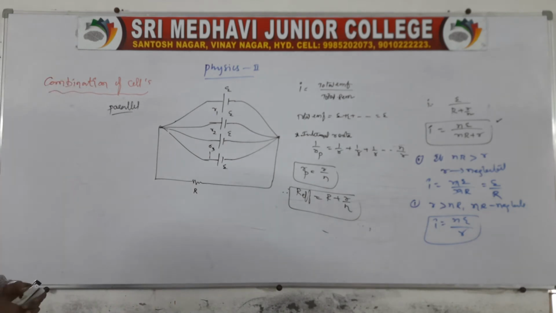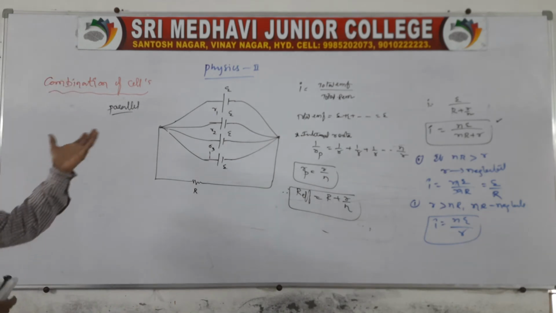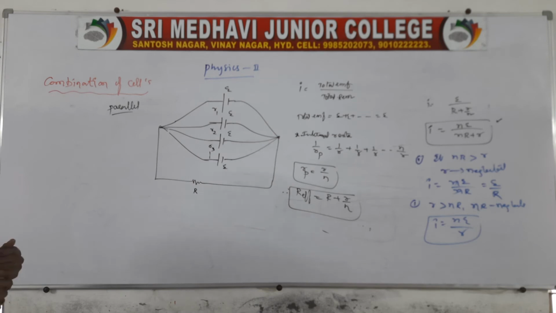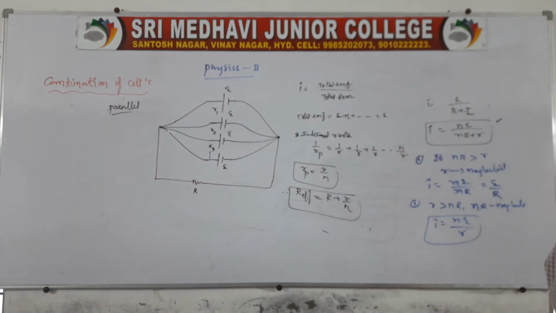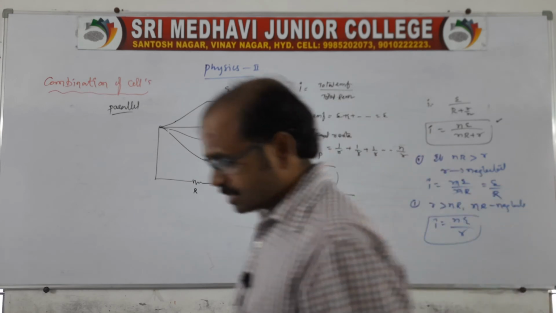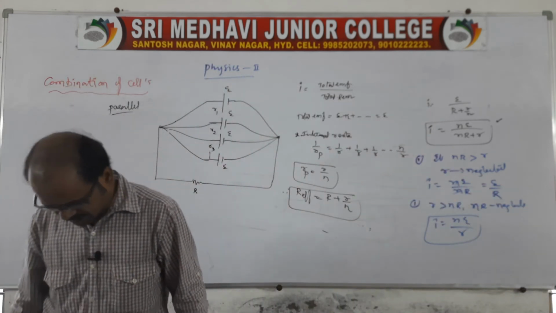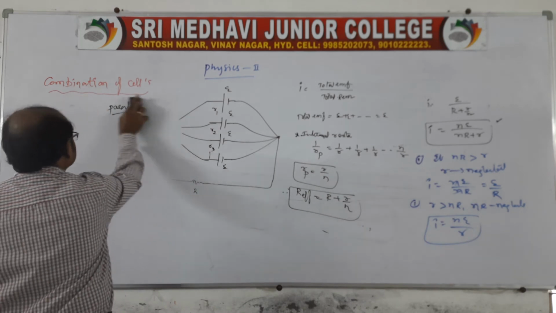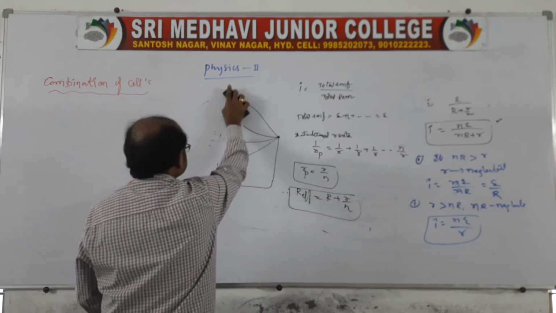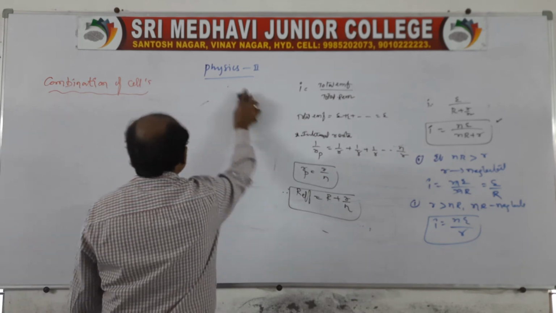So this is the parallel combination, the way the cells are connected like this. The last group is the mixed group. In this mixed group there will be a combination; I will show you. See, mixed in the sense that there will be both series and parallel combination. About a series and parallel group, right? So mixing of both series and parallel combination.